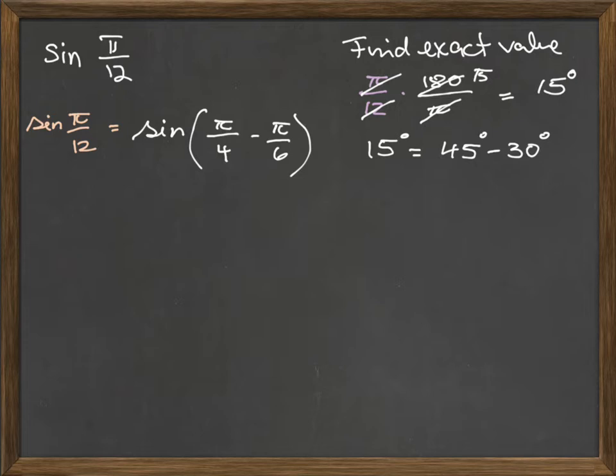So now we're going to use the formula. The sine of pi, you have a difference here now, so that would be, if this is u and here we have v,